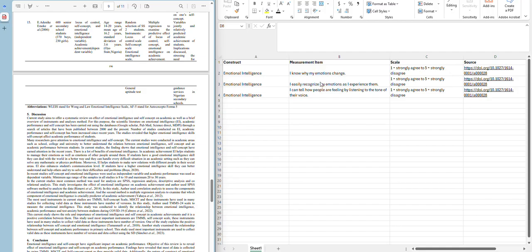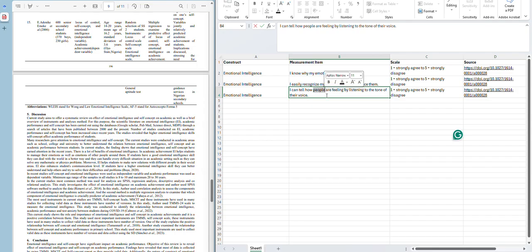The last thing I want to mention is if you're adapting it, because we've adopted those. There's 2 different ways you can treat measurement items. Adopting, meaning you're keeping it identical to what it says, and adapting, meaning you're changing something in it. Let's say, for instance, you're looking at employees' perceptions of, or a manager's perceptions of employees' emotional intelligence, you could change a word people and then in square brackets put hospital or front desk